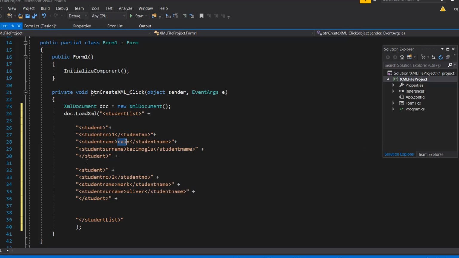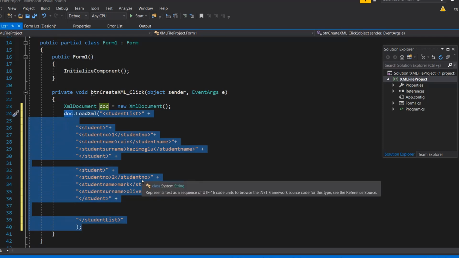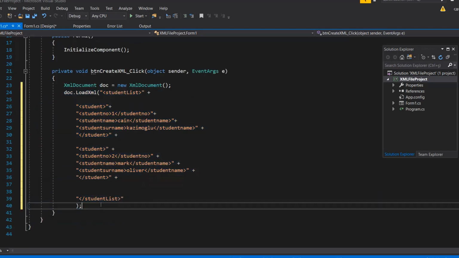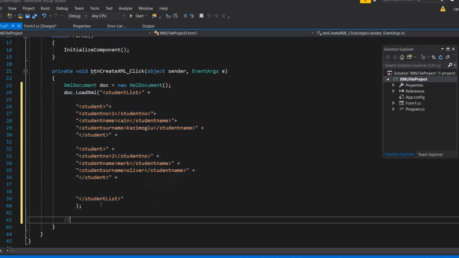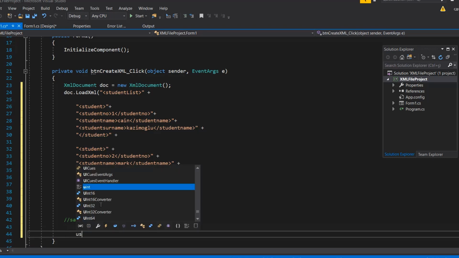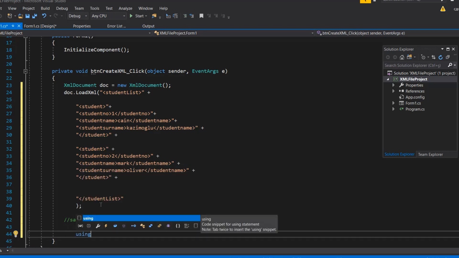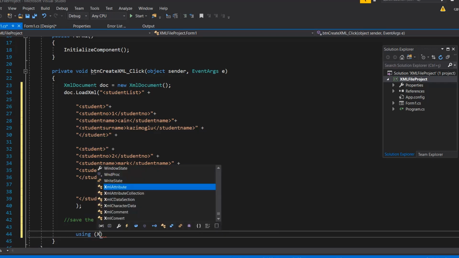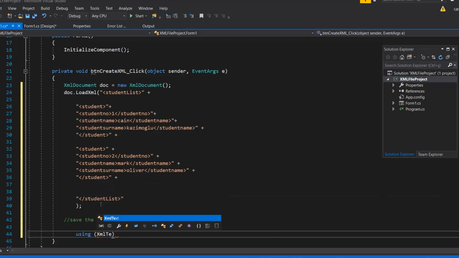Once you have loaded the XML, once this structure is done, we need to pass into a stage where we can save the document to a file and auto indent the output. Now to save the file, let's just put a comment here. Save the file, we need to use certain commands. The XML text writer is the main one, so you can come in here, say using XML text writer,